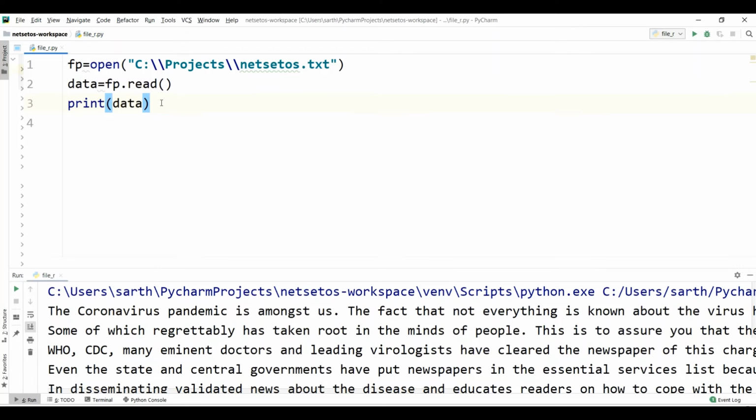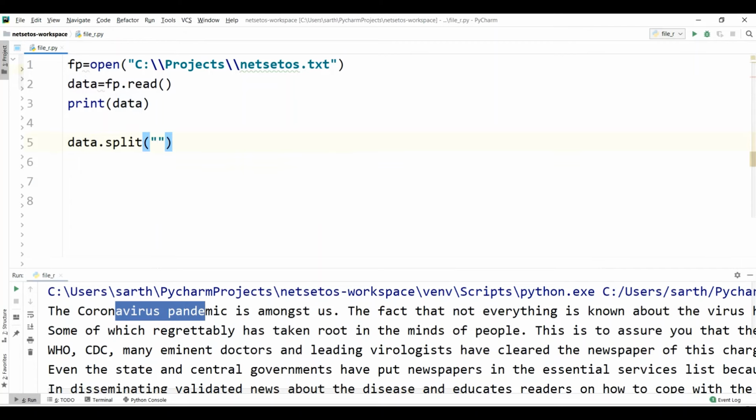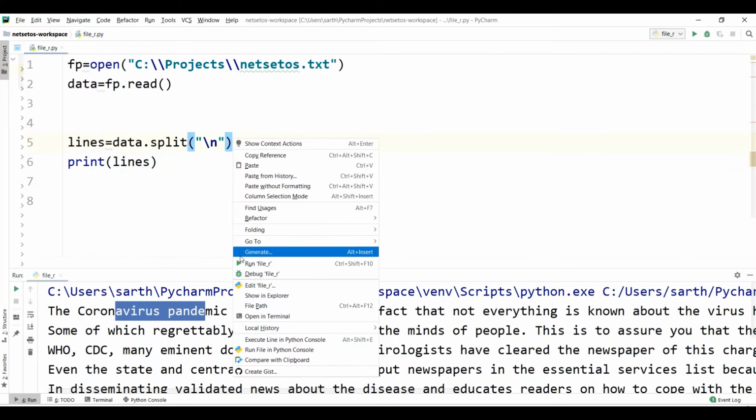The second step is to split into lines. For splitting the text into lines, I need to use the keyword split, which will be data.split, as it is per line. Here I'll use the newline character, which is used for next lines, and give the result to a variable lines. I'll print it with lines. Let's see.